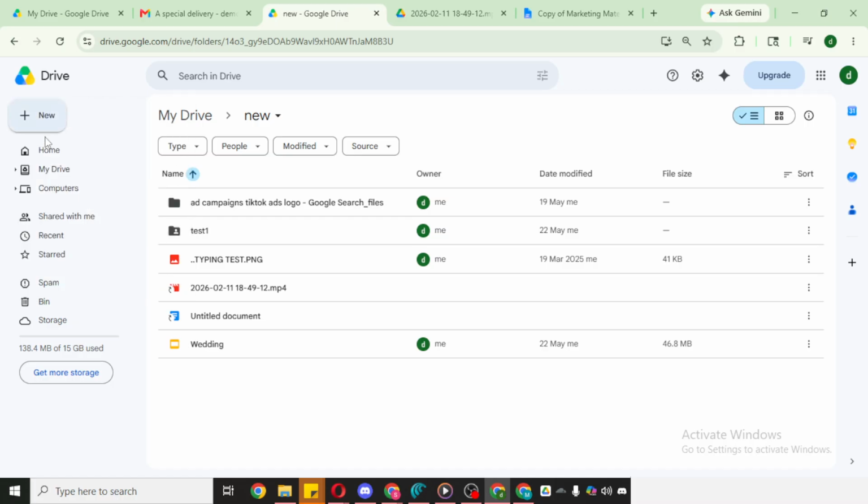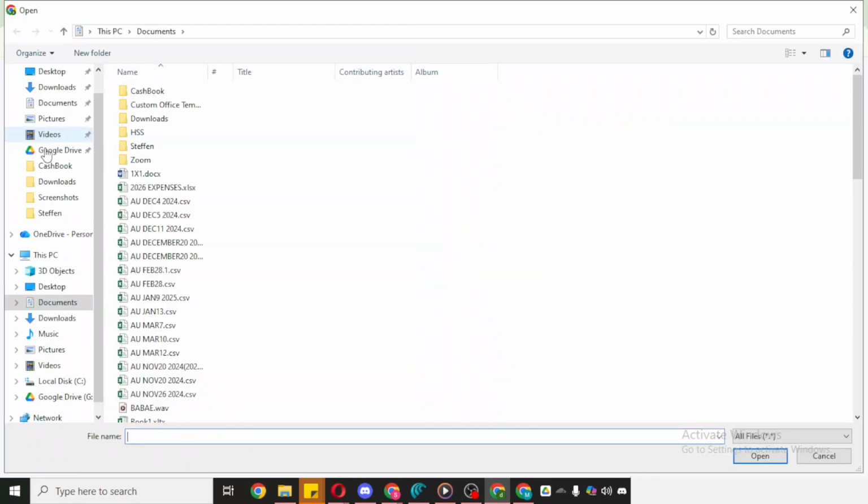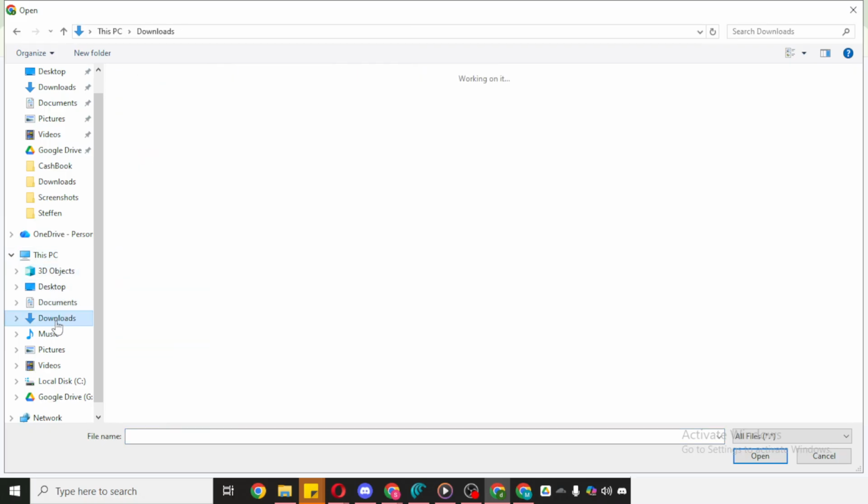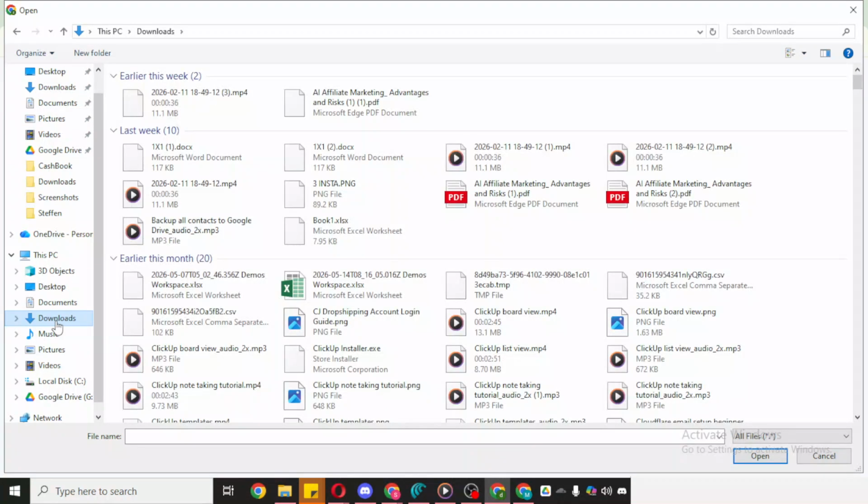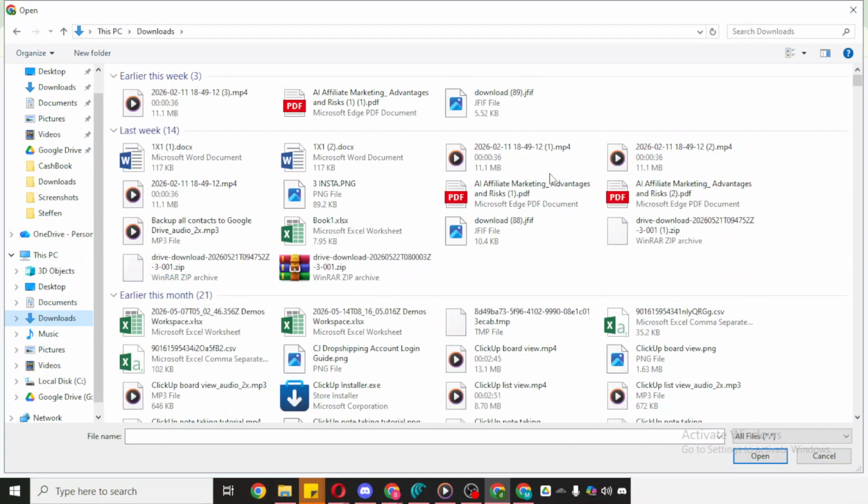Now here's the key part. Watch the bottom area of the Google Drive window. A small status panel appears there as soon as the upload starts. This panel shows your video's name, a progress bar, and a percentage indicator. Depending on your connection and file size, you may also see an estimated time remaining.